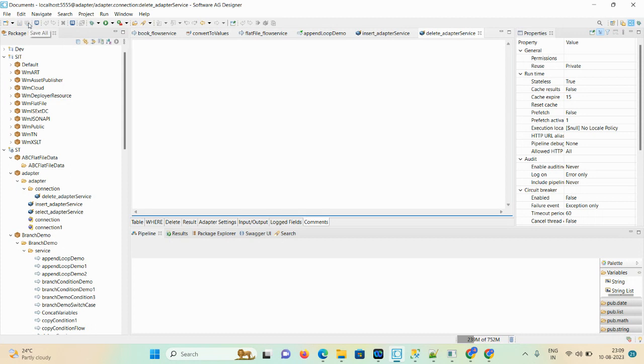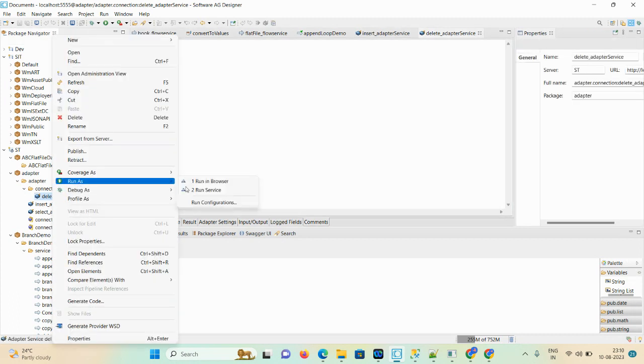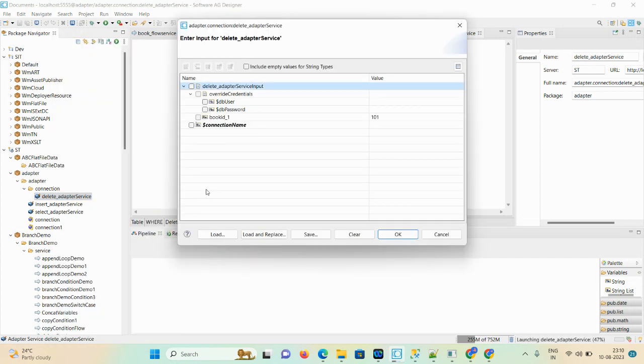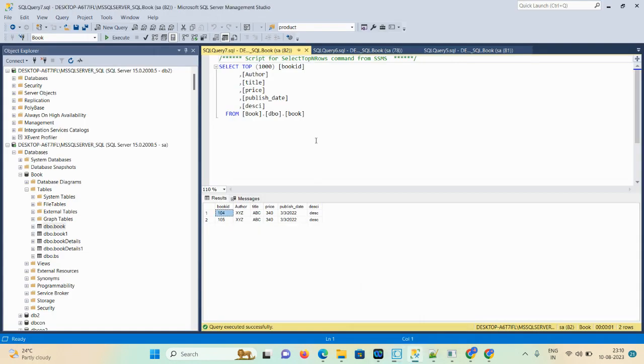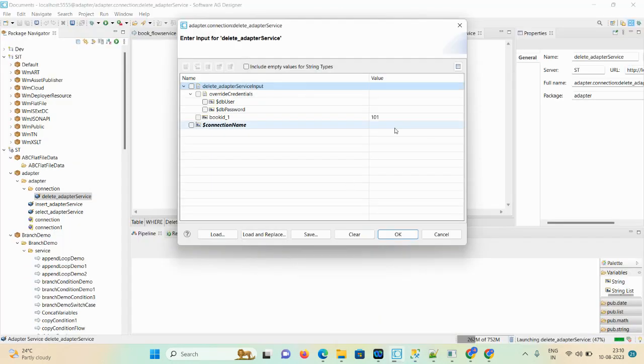You need to save your work first so that it will be active on your database. Click on the delete adapter service, then run service. Here for book ID, let me check in the management studio. I want to delete the 104 record. So here you can select the 104 record,